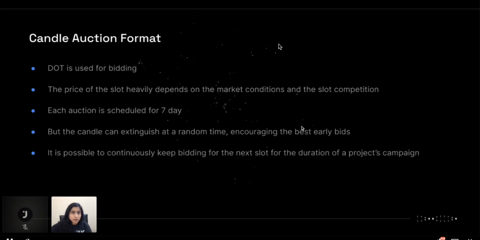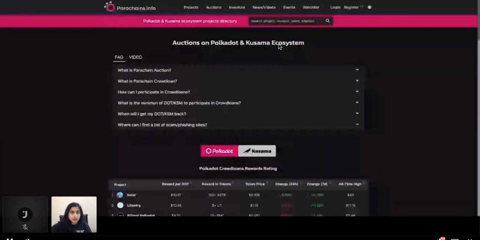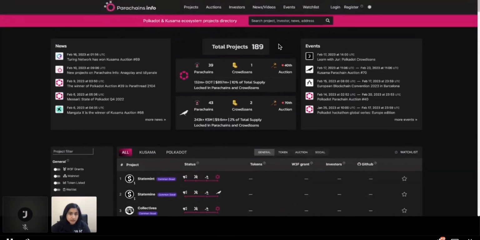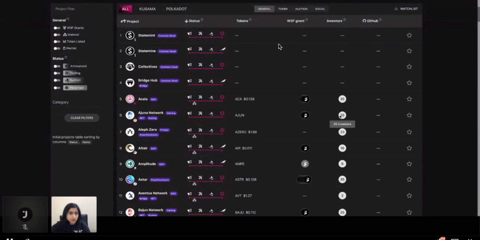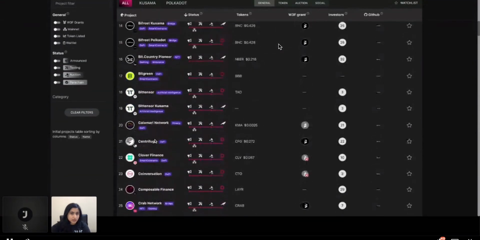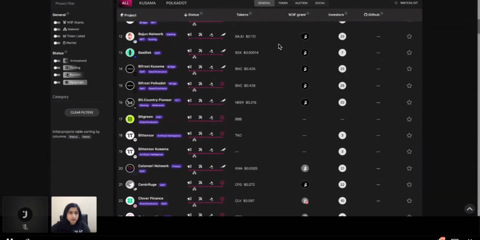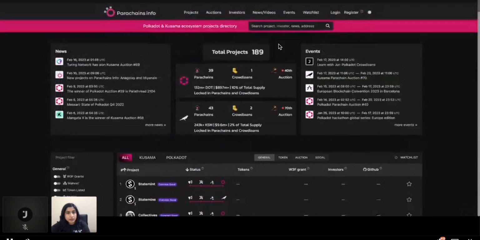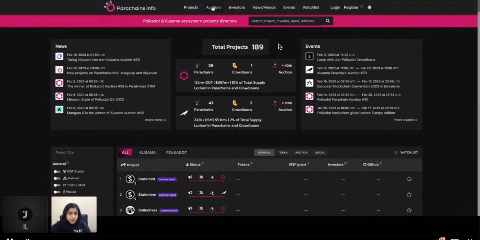So in fact, I want to take this opportunity to show another official website from Polkadot. I'm currently on parachains.info. This is the official website for Polkadot, where you can browse through all the current projects on Polkadot, get some general information about them, and maybe stay updated on some of the events. These are all the parachains right now, and even the projects that have announced but are still building towards becoming a parachain. And if you go to their auction section